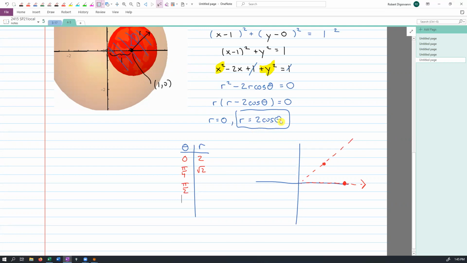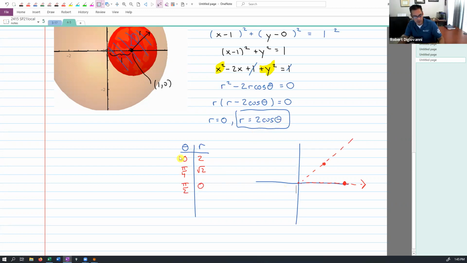0, right? Okay, so this gives us 0. So now we're back here. Believe it or not, between 0 and pi over 2, we actually draw the top half of this circle. Oops, that's terrible. And then if I keep going around,